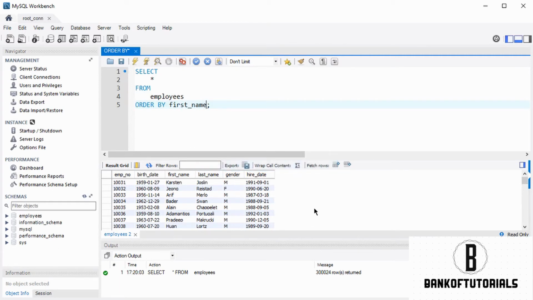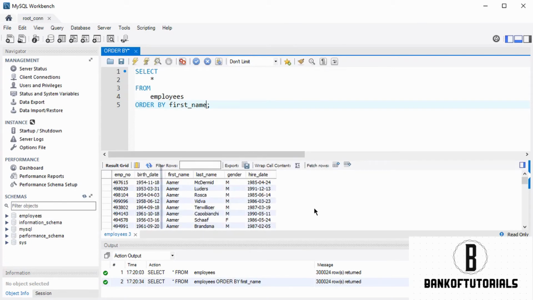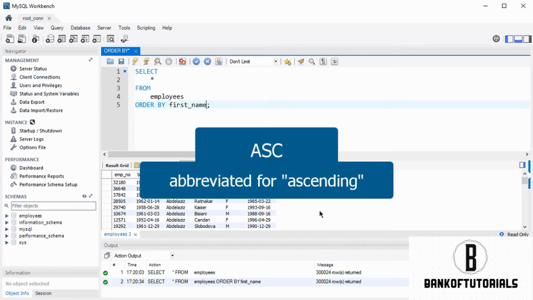Let's execute it to see what's going to happen. Boom! The entire list was reorganized in alphabetical order according to the field containing employee names. One of two specified reserved words can be attached at the end of the order by clause. The first one is ASC, abbreviated for ascending, requiring the output to be sorted by the values in the designated field in